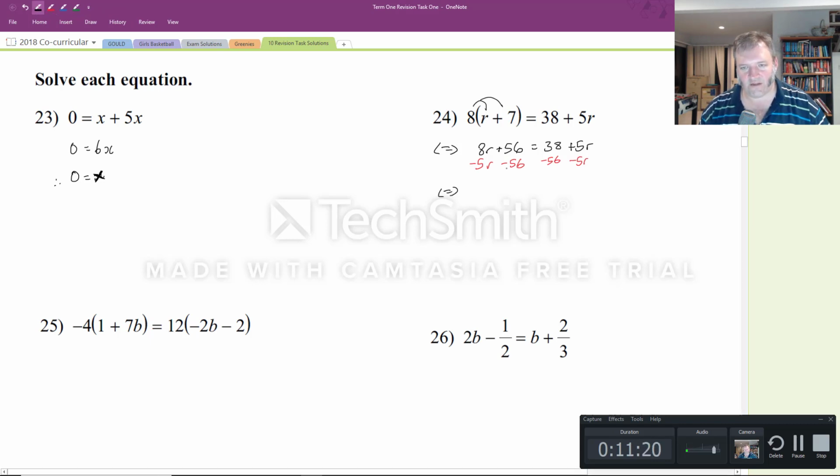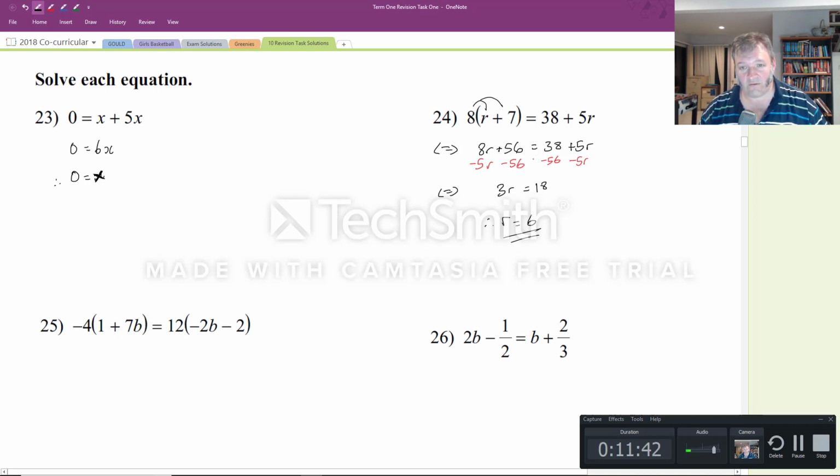That previous line is equivalent to 3r equals, and 38 minus 56, I believe, is 18. Dividing by 3, we're going to get r equals 6. Of course, you can always check these, can't you? If I put a 6 in there, 13, 8 13s, 80 and 24, 104. 38 plus